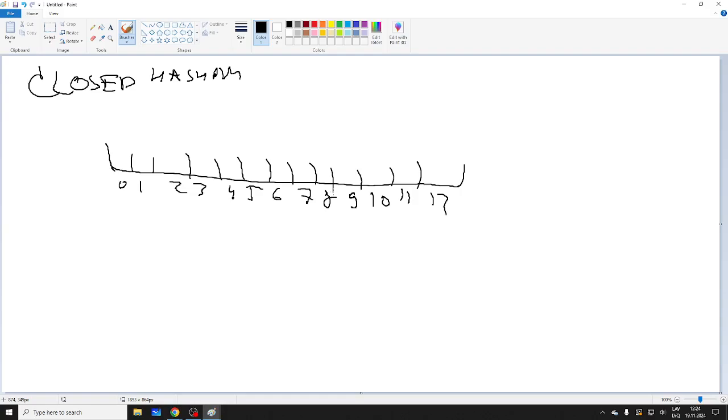Why? It's too small, basically, because of the way we're going to resolve collisions. It will involve going through this hash table, right? So let's say we have some numbers. So we want to put 5, 13,